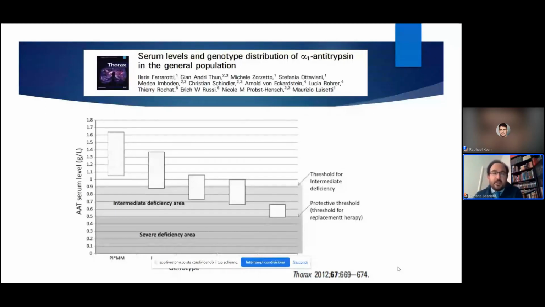Noteworthy, we recognize an intermediate deficiency area with a circulating serum level of alpha-1 antitrypsin between 0.5 and 0.9 grams per liter, and a very severe deficiency area when this threshold is passed through and the patient starts to develop a very high lung function decrease and disease progression due to the low